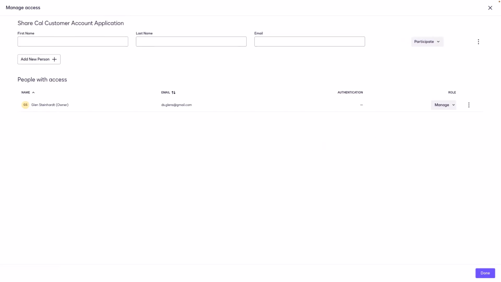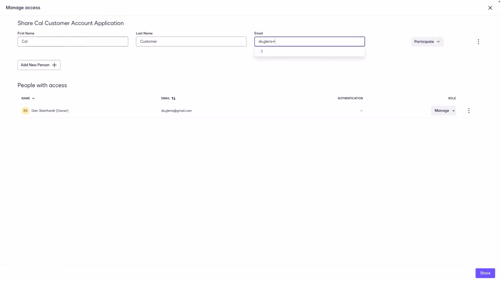Now, my particular use case requires the addition of 2 more participants. Participant 1 will be, of course, the customer, who I need to assign tasks to, like signing an envelope, for example. And participant 2 is going to be a colleague of mine, somebody internal, who I want to help manage this workspace. I want to give that user the ability to add more participants if they need to, and also assign tasks. I'll go ahead and add the customer first by typing in their first name here. Let me go ahead and put in Cal Customer, and I'll put in his email address.